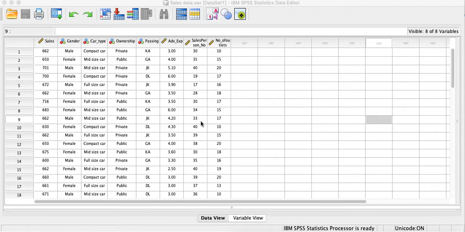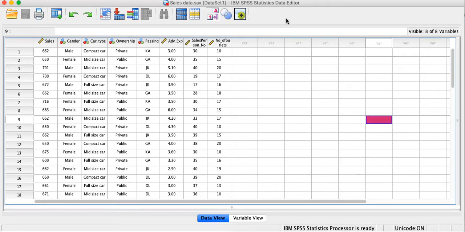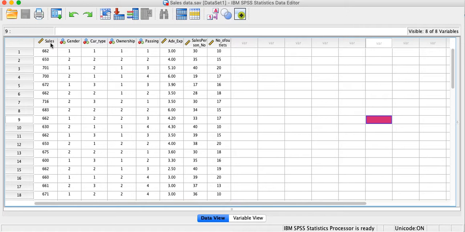This is the data file that I used in my previous video while conducting the ANOVA test. So today I am going to use the same file here. You can see we have sales, which is a metric, continuous variable.